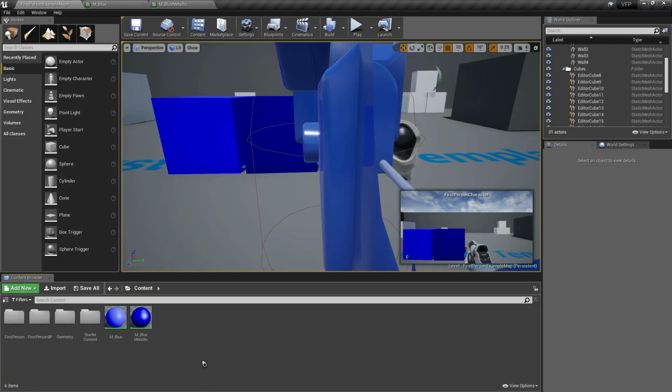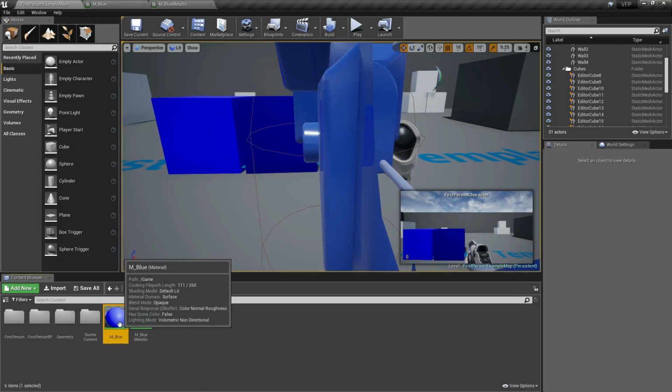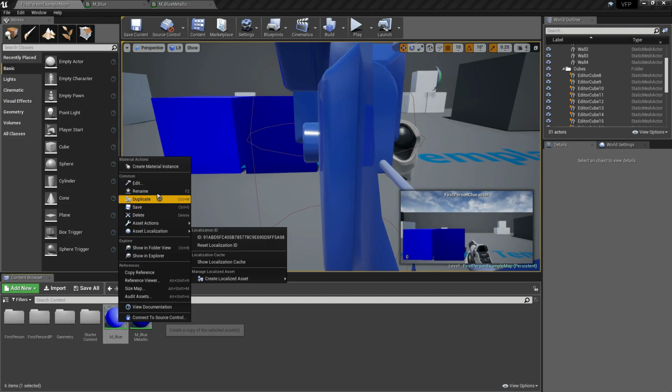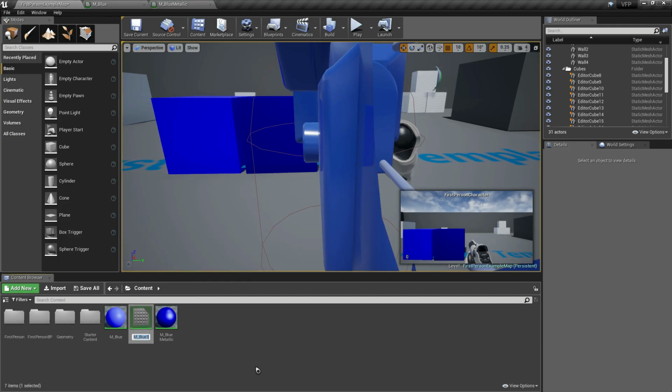So let's duplicate the blue material, the first material that we created. Then let's name this blue gloss. So I think that's better, blue gloss. So let's create a glossy blue material.